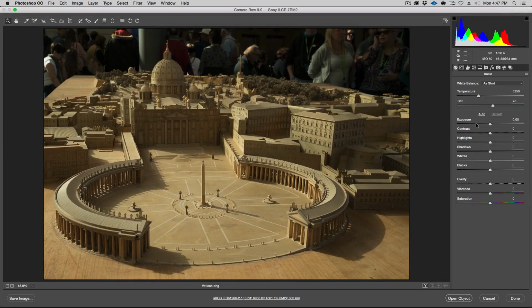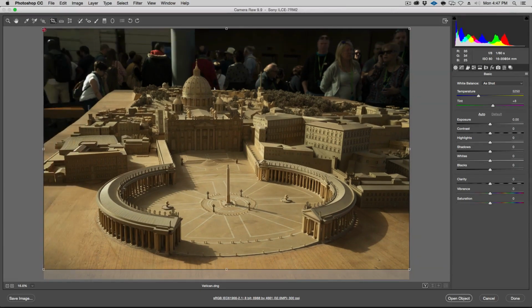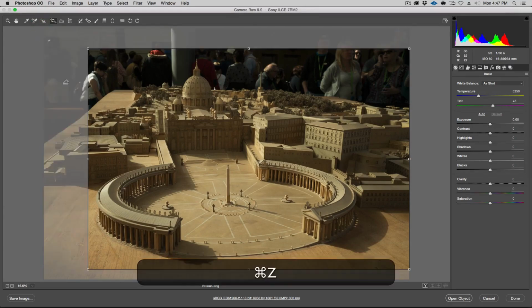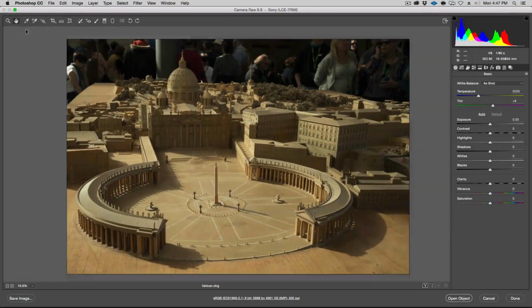All right, so the first thing we're going to do is, actually I believe that originally this was cropped like so. All right, and I'm actually going to leave this crop. This is the crop that I want. But notice that there's a bunch of people around here and so on. So this is the crop that I want, and let's go back to this.